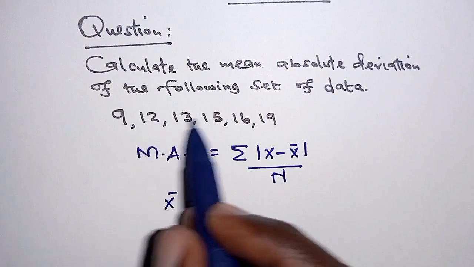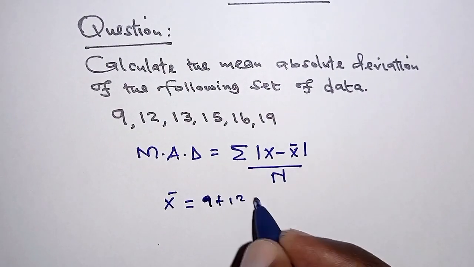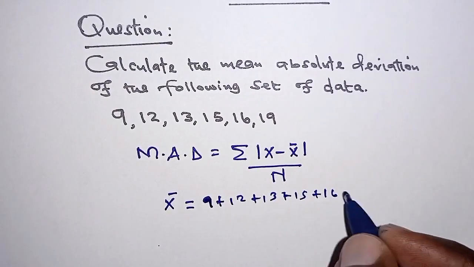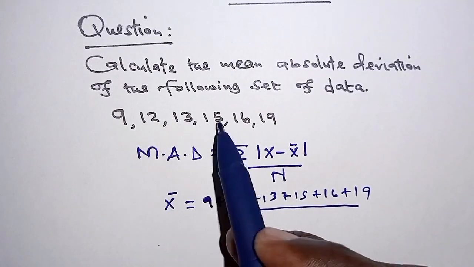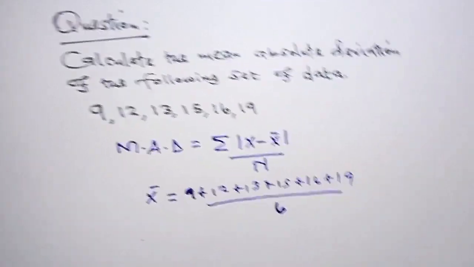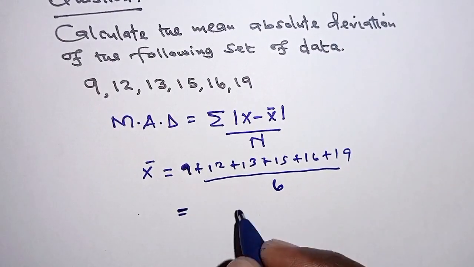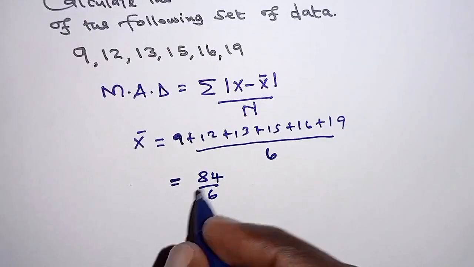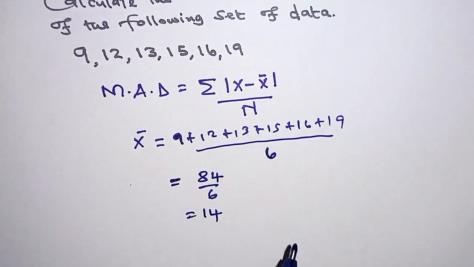And the actual mean is obtained as the sum of these divided by the total number: 9 plus 12 plus 13 plus 15 plus 16 plus 19, divided by the number of items, 1, 2, 3, 4, 5, 6. From my calculator, I get 84, and then you divide by 6, that should give us 14. So the actual mean is 14. Remember,